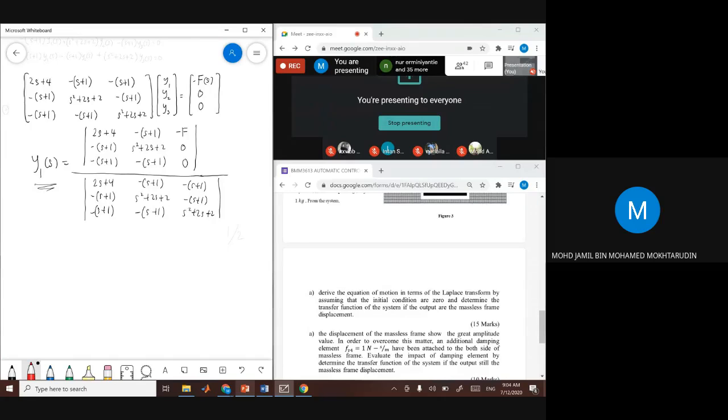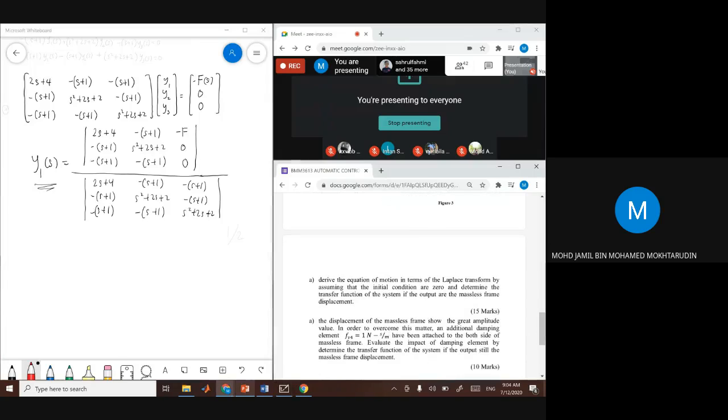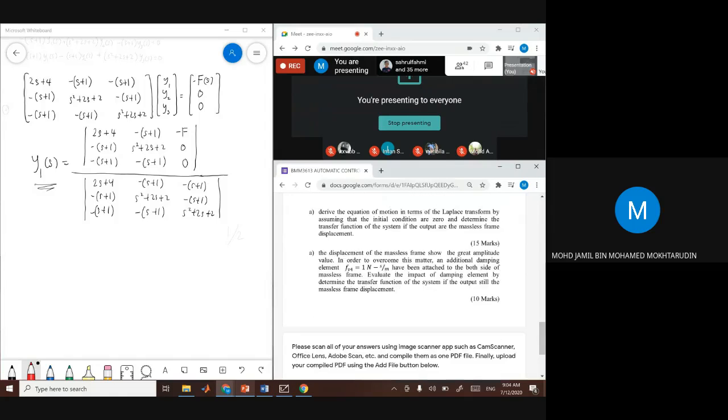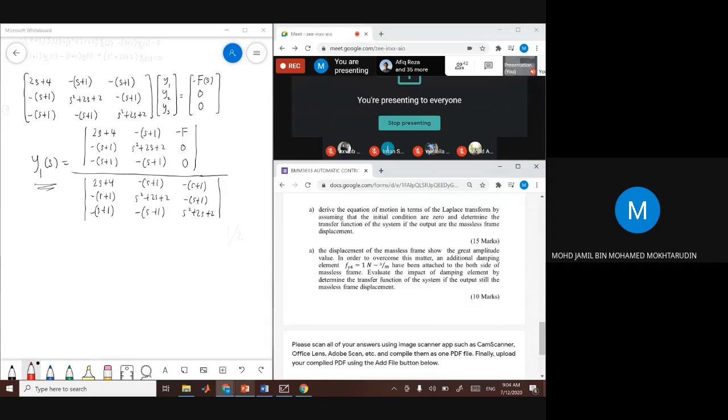And then the next question is, the displacement of the massless frame shows a great amplitude value. In order to overcome this matter, an additional damping element has been attached to both sides of the massless frame. Evaluate the impact of the damping element by determining the transfer function of the system if the output is still the massless frame displacement. So mengikut kefahaman saya untuk soalan ni,